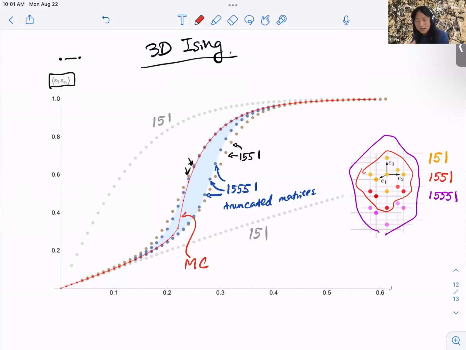Maybe before I end, I'll briefly comment on how this kind of thing can be improved. Conjecturally, I would conjecture that just including reflection positivity should be enough. If you make the diamond bigger and bigger, I would expect the upper and lower bounds to converge to the exact answer. There's the question of whether this is true in principle; one can try to prove that mathematically, which would be very nice. But perhaps the more important question is numerical efficiency.